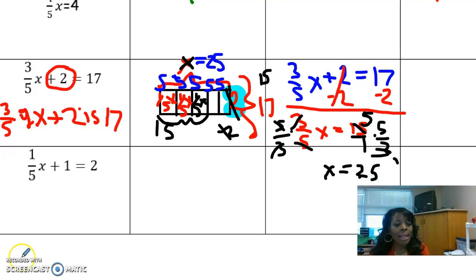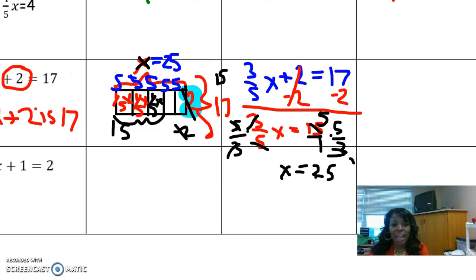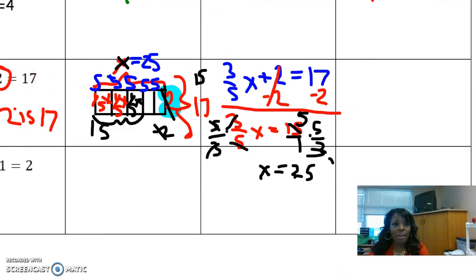Okay, so now let's check it. Is this correct? 3/5 x plus 2 is 17. So let's write out our original equation. 3/5 x plus 2 is 17. And guess what? We know what x is now, or we think we know. So let's plug it in. 3/5